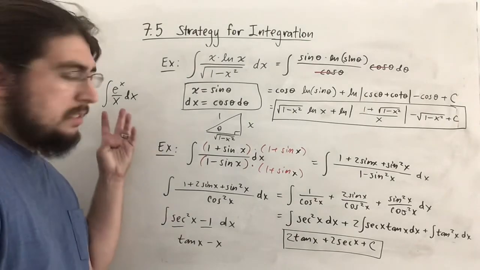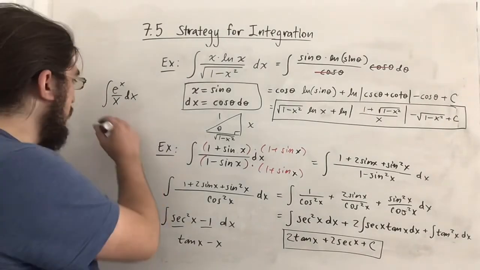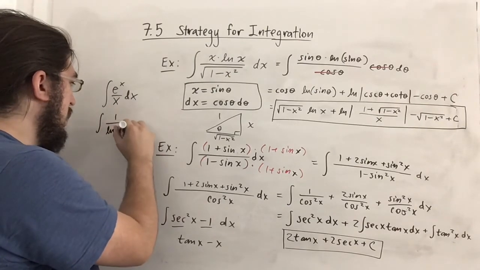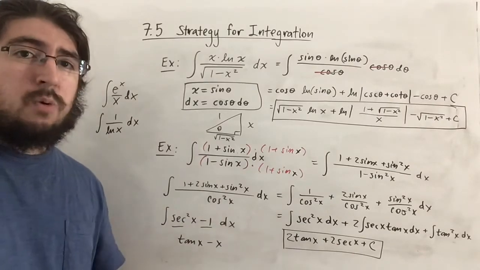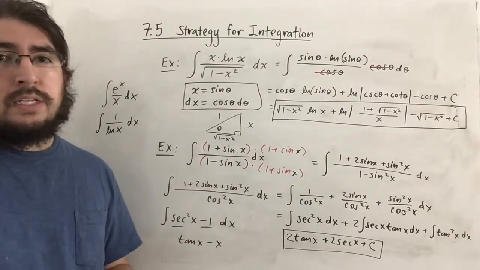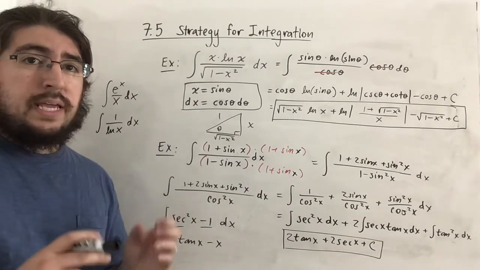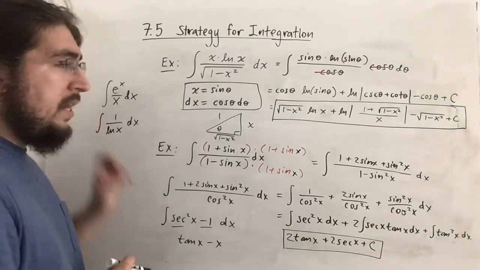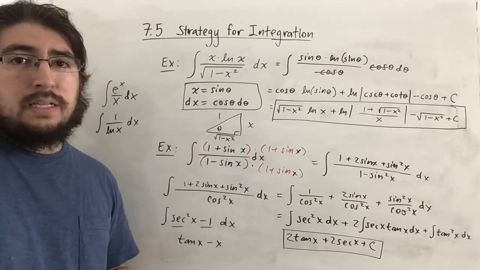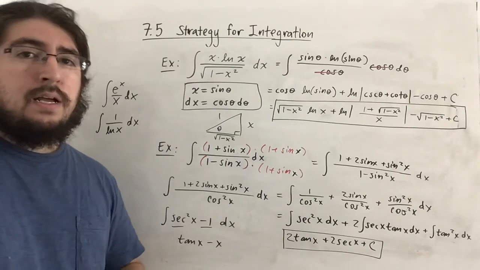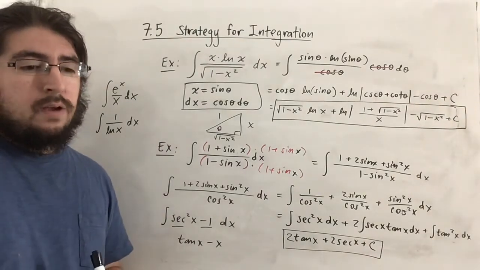So there's a name for this function. And then there are similar ones, like 1 over ln of x. That's also not doable as it turns out. Another example would be something like sine of x squared, e to the x squared. These are all examples of integrals that actually have no antiderivative. It's funny, because if you consider the definite integral, they can actually be done, but you would basically do them by approximation, which leads us nicely into the next section we'll be discussing, 7.7, which is a section on